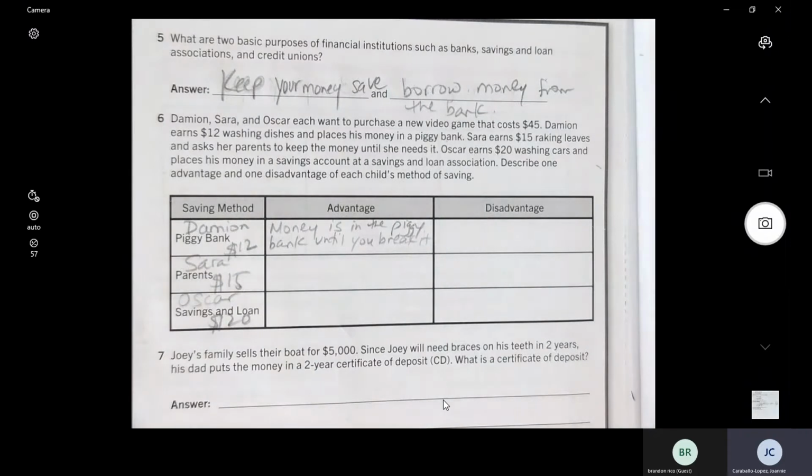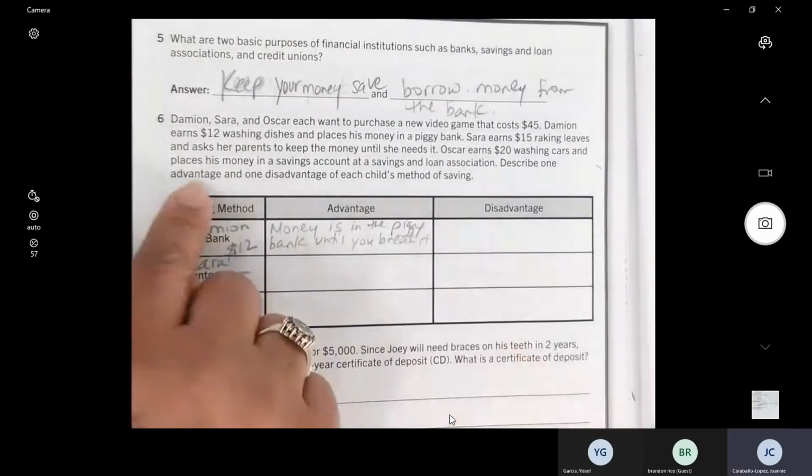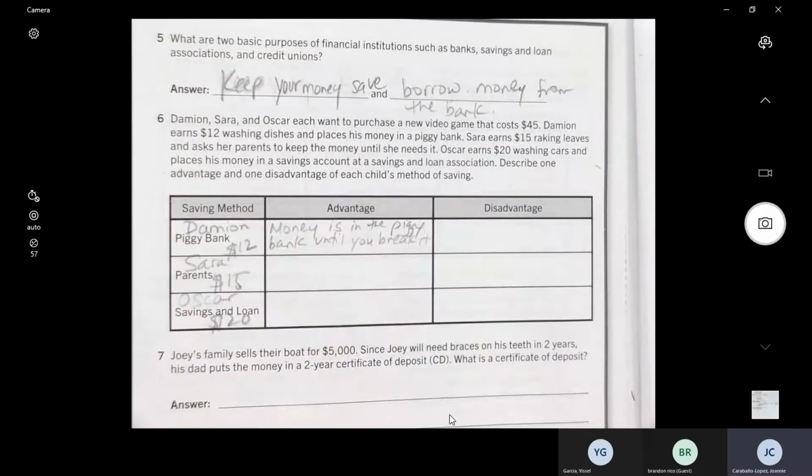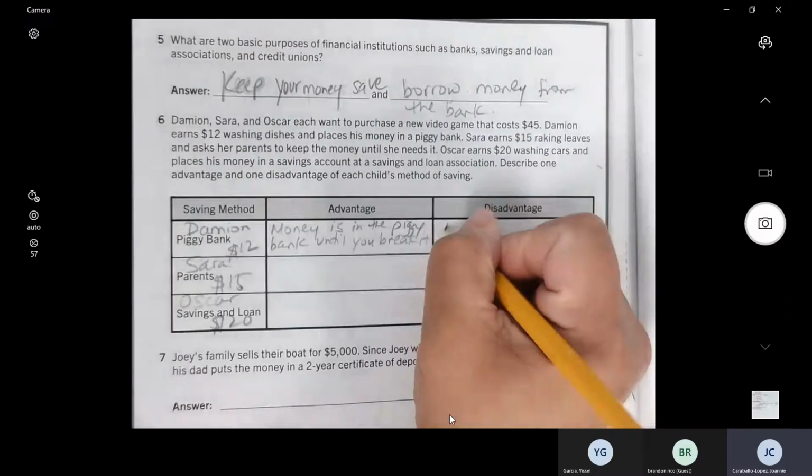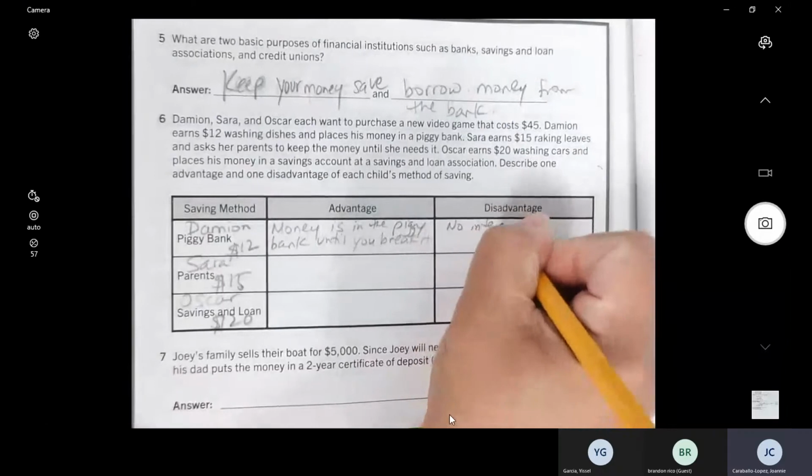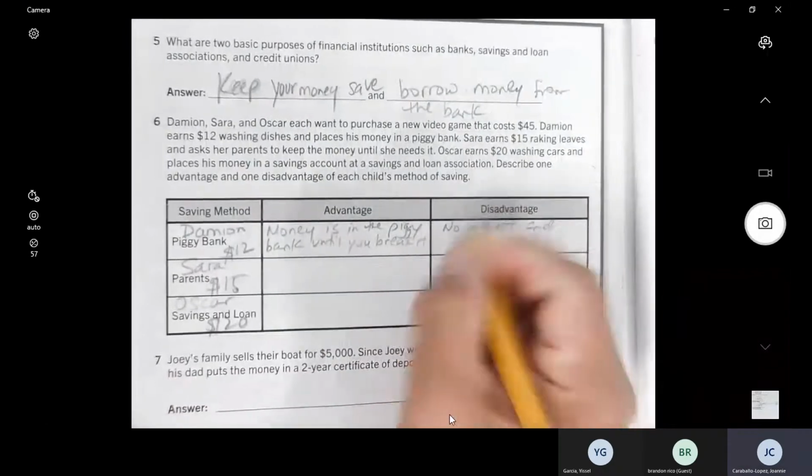All right, so we are working on page 396. If you were just joining us, I am recording this, so if you did not get a chance, you can catch up later by watching the video, okay? We're discussing the advantages and disadvantages of a piggy bank. What's the disadvantage? Yes, Jesus. If you turn it and it breaks, and the coins roll away. So your money's not going to get any interest, and you could lose it, right?